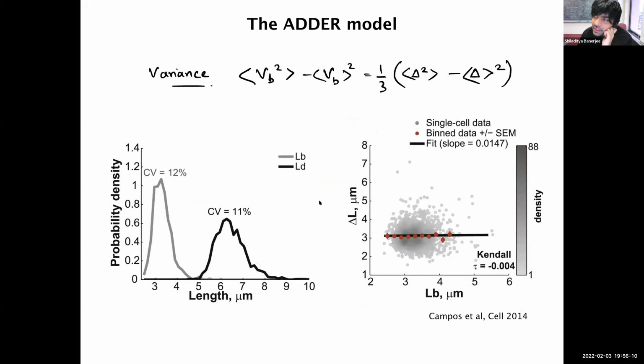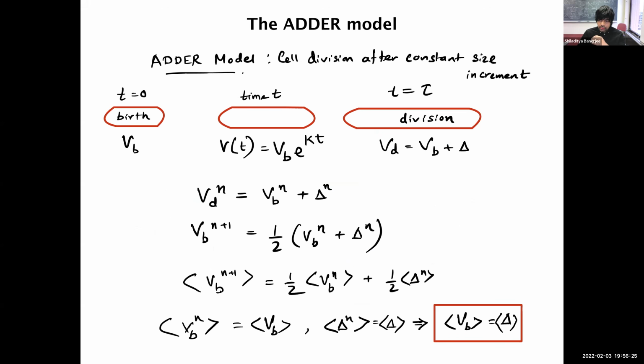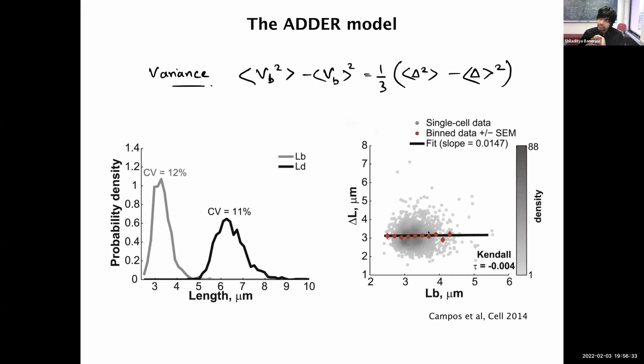Stochasticity comes in the added size. That's why I have this label N. So the added size is stochastic, it comes from a statistical distribution. I see, this delta comes from the distribution. Yeah. Okay, I see. And the mean delta is the mean size. What you see here is that the delta is not constant, but it has a statistical distribution, which is actually a log normal distribution. I don't know if that's interesting or not, but it's not Gaussian. Okay, thanks.